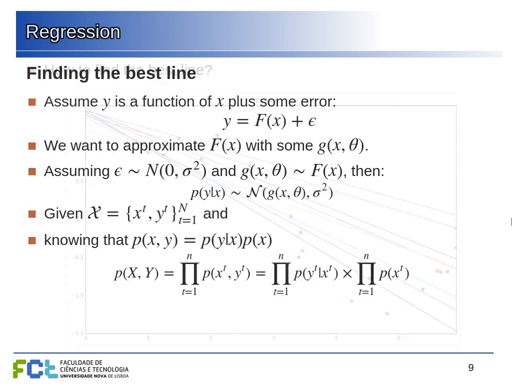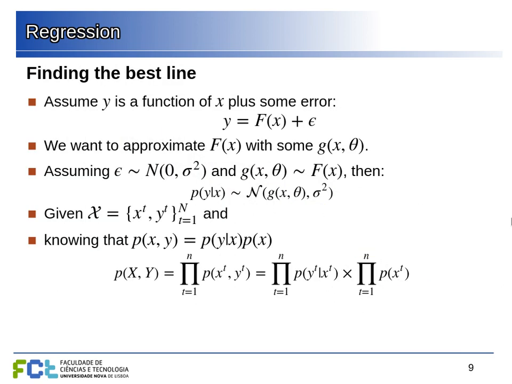However, we also assume that there is some random error here. It could be because when we're measuring y, we are making some small mistakes in the measurement, we have some error bars, or it could be that there are some random effects that are also influencing, and so besides this f, there is also some randomness associated here. But note that we are assuming that the y value is a function of x plus some error. There is no error on the x. The error is affecting the y value. This is what we're assuming here.